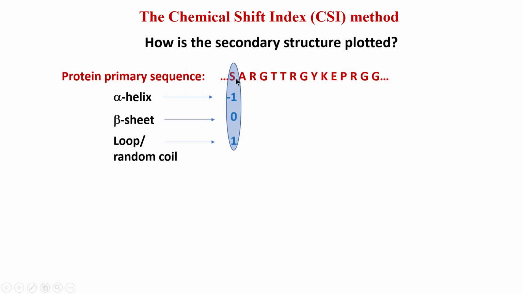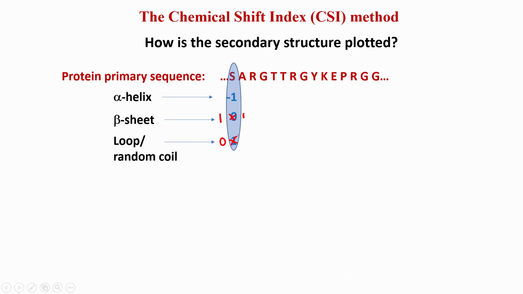If that particular amino acid, for example serine here, is considered as alpha helix, we will assign a number -1 to serine. It is arbitrary, -1 is just a number given to this particular S if it belongs to alpha helix. If this S according to the CSI approach was found to be in a beta sheet conformation, we will make it 1. So, let me correct this, this is a mistake. This should be 1 and this should be 0.